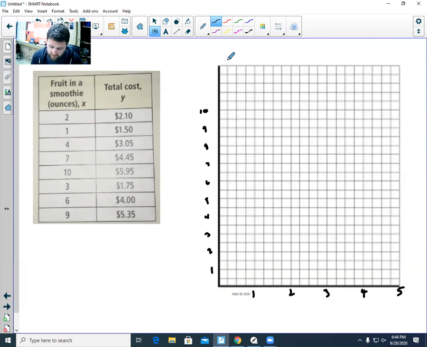It says the table shows the amount of fruit used to make a smoothie in ounces and the total cost in dollars of the smoothie. So this side over here,